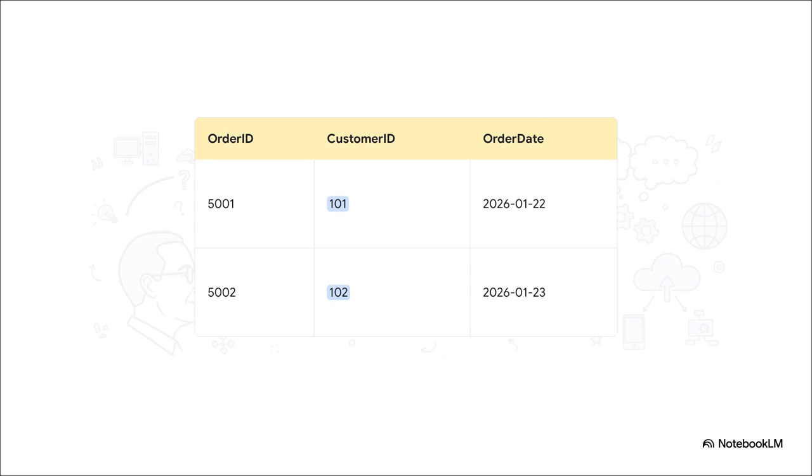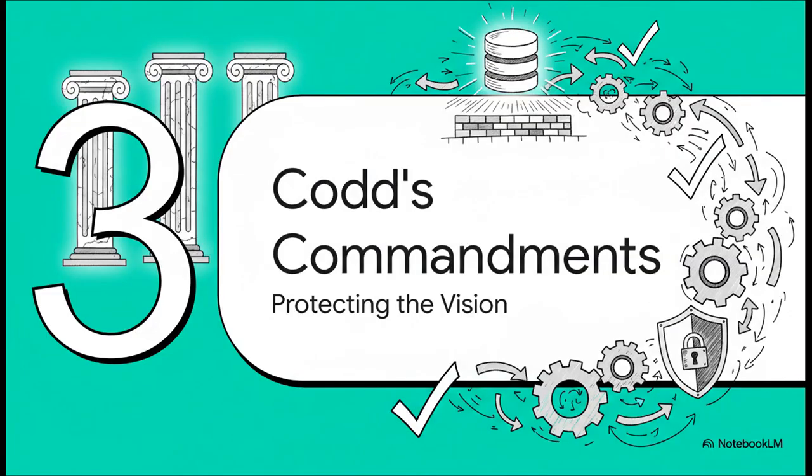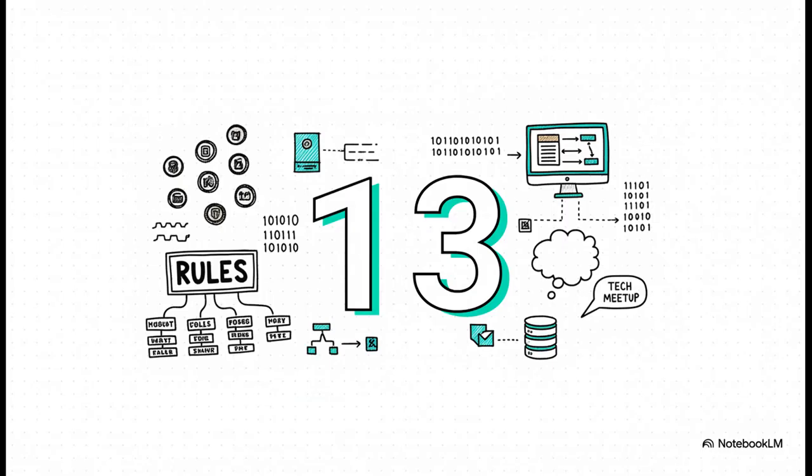It's beautiful. So Codd's idea just exploded. It got so popular so fast that he started to worry that companies would just slap the relational sticker on their old clunky products without actually following the rules. So to protect his vision, he published a set of rules, his 12 commandments, if you will, to define what being relational really means. He called them his 12 rules, but in a classic programmer move, he numbered them starting at 0. So rule 0 to rule 12 means there are actually 13 of them.